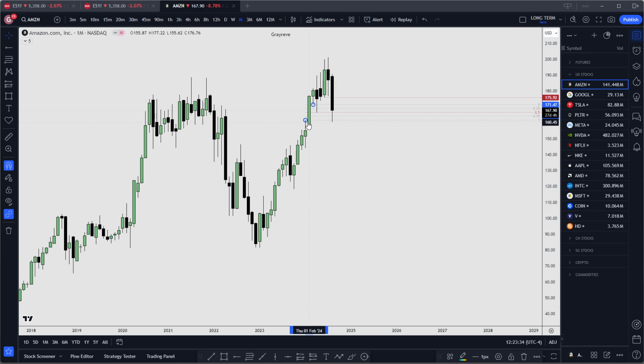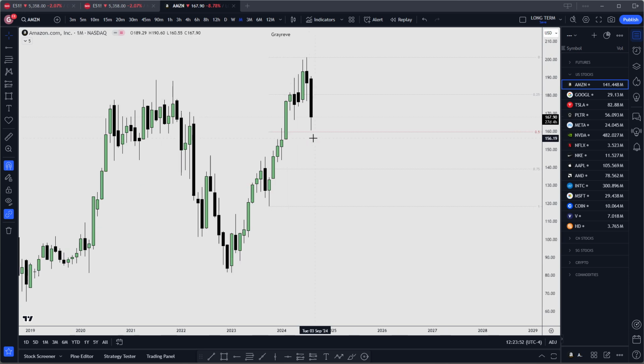So what is a short-term discount? Short-term discount would be from this swing low to the current high. Anything below 50% is considered discount. Okay, so we have lots of inefficiencies down here. This is a volume imbalance,